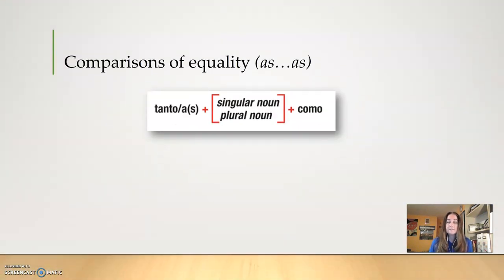Para hacer comparaciones de igualdad con sustantivos, with nouns, usamos tanto, sustantivo, como. When we use this construction, as noun as, in Spanish, that first word, tanto, the first as, becomes an adjective. And so we have to also make sure that it agrees in gender and number with the noun that follows it. Por ejemplo,